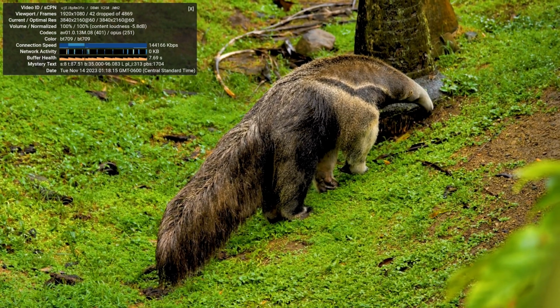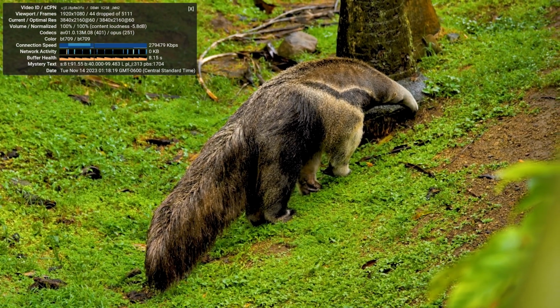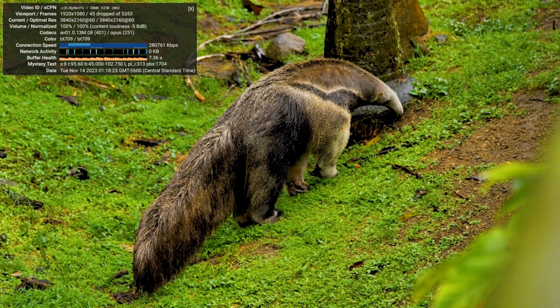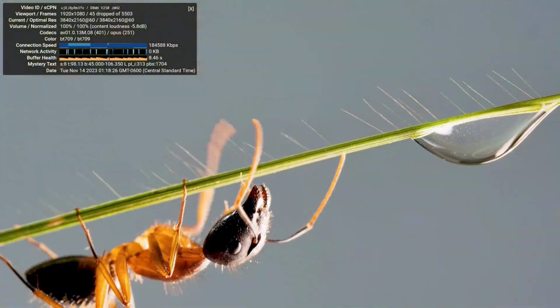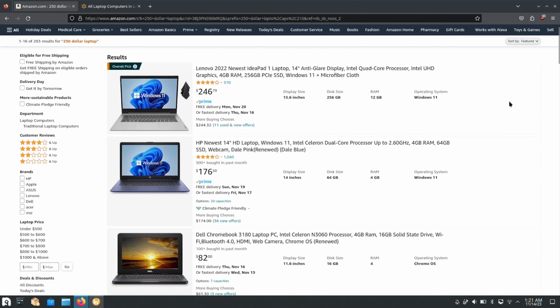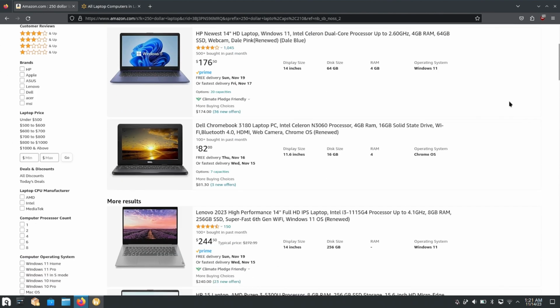So we do actually have full AV1 support here on Linux. At least it seems to be functional, though not exactly giving us the perfect level of performance that we'd like to see. It is still at least working. But like I said, what this really just does is it makes the system really good at day-to-day tasks. And that usually just means web browsing. So we're just going to use the web browser here to look up what its competition really is like here